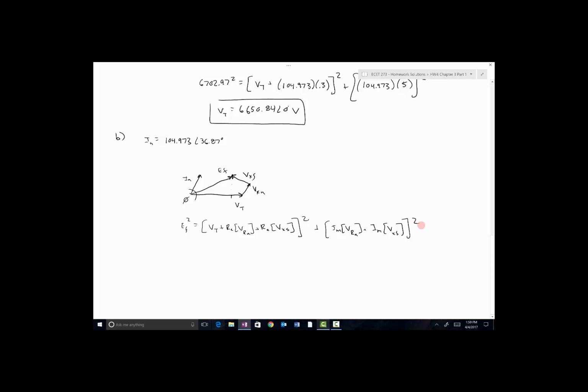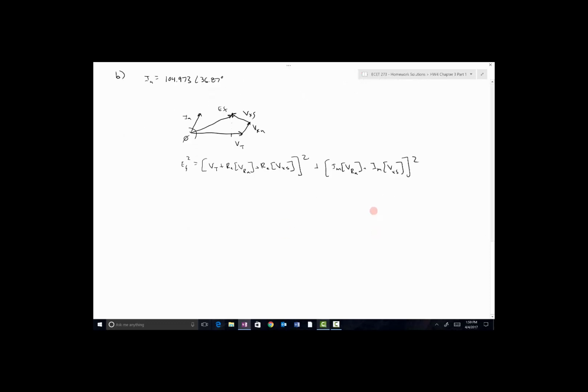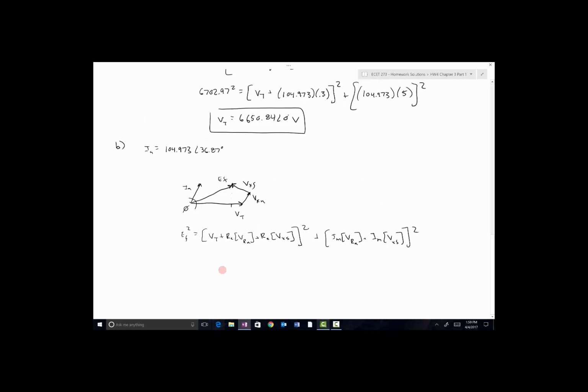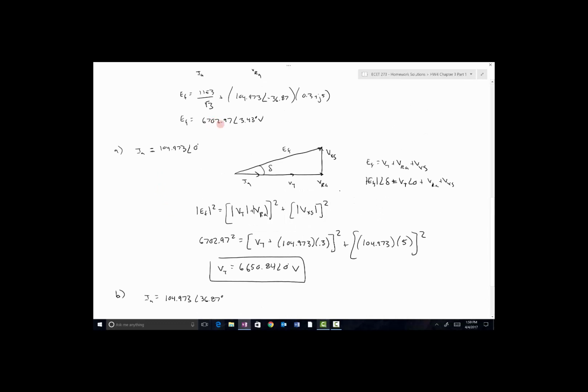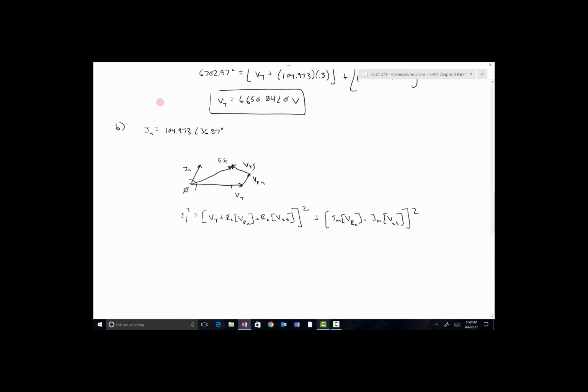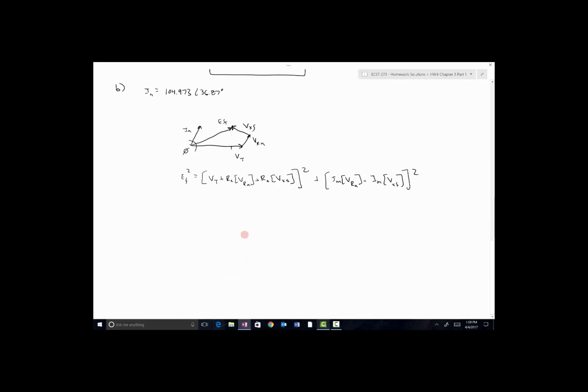So symbolically, it looks pretty messy. It's really not too difficult to calculate though. We've got our value for EF right here, 6,702.97. 6,702.97 squared is going to equal VT plus,